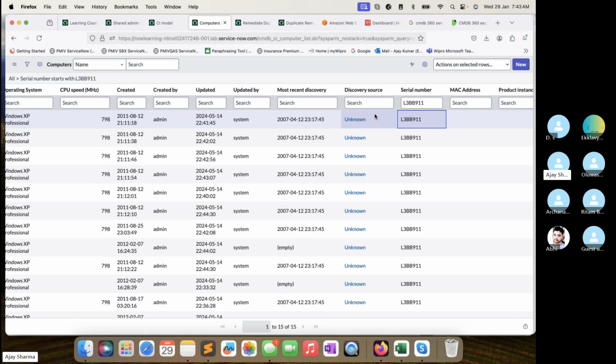We can do that, right? It's not a big deal. But at the end of the day, whenever we are remediating CIs in bulk, we have to be very careful. If we know the culture of how the CIs are being created, then that's easy to do. If we don't know how that data is going to be managed, then we should avoid